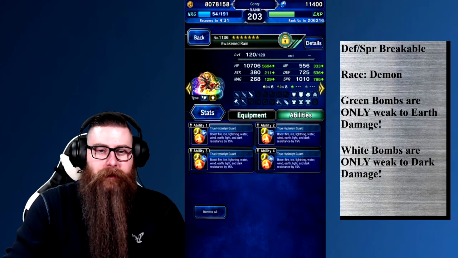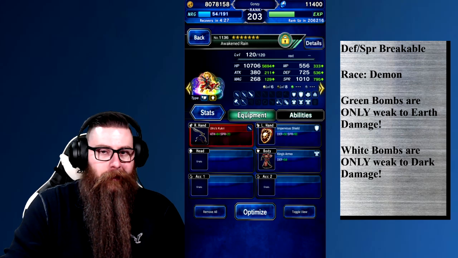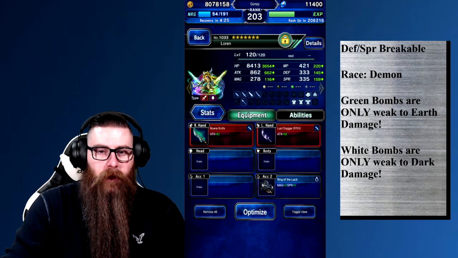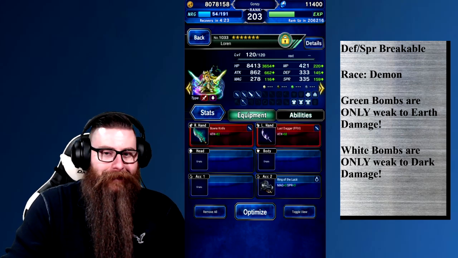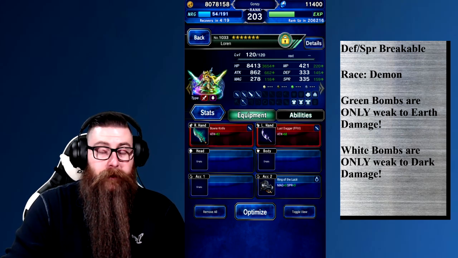Rain's going to be our magic tank. I just put some elemental resist on him. He shouldn't be taking anything non-elemental or life-threatening. Lauren's going to be our breaker. I put some high tide stuff on her. I put a Ring of the Lucy on her as well, so she can finish the first boss with magic